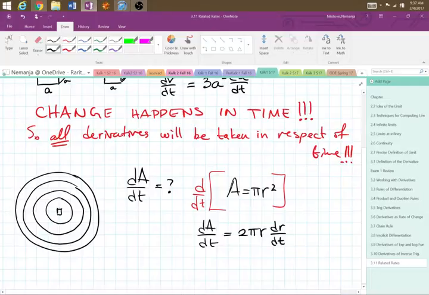So if you know what the radius of the spill is and you know how fast it's changing, you can calculate the change in area. You are going to require some pieces of information to be given to you to find it. But in general, you can figure out,